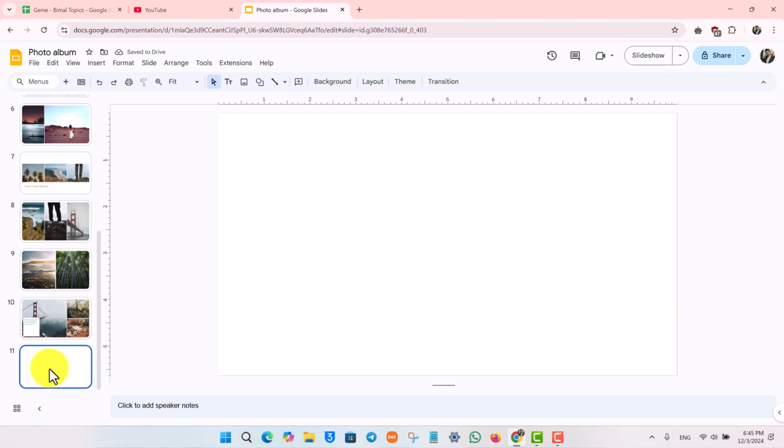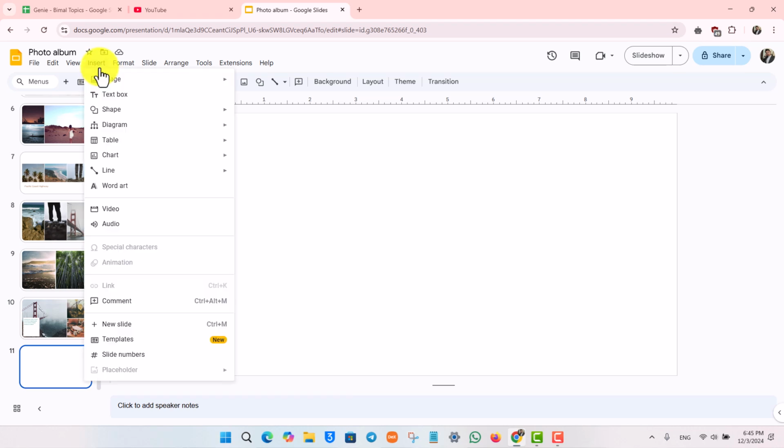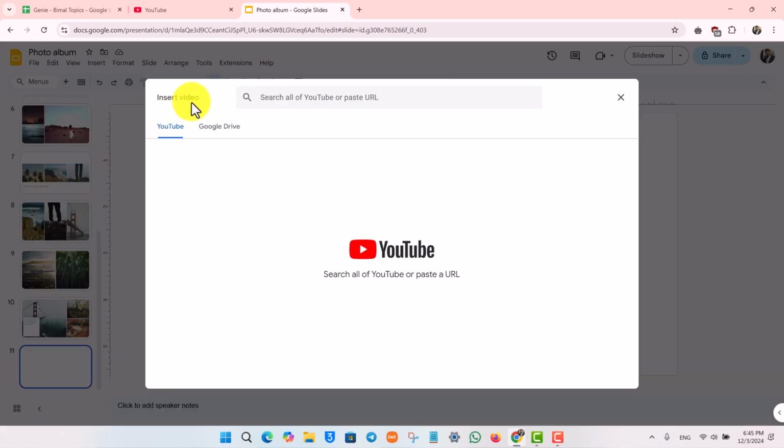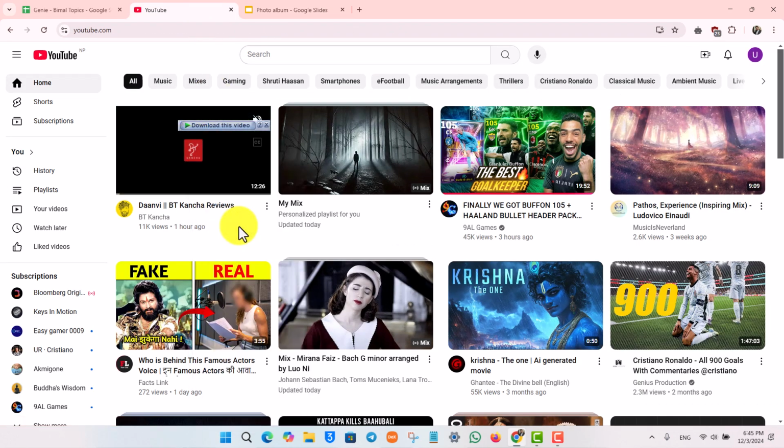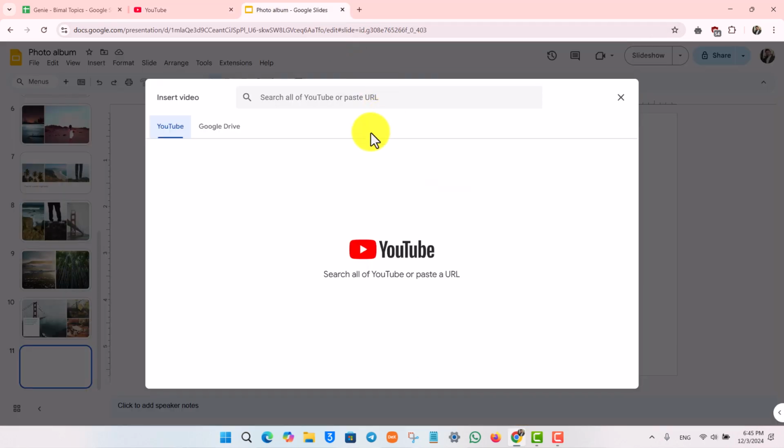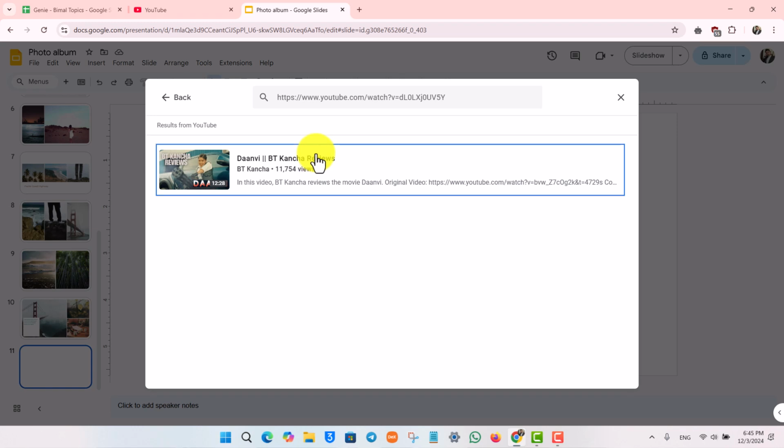First, you go to the sheet where you want to add a video. Once you're there, hit the insert button from the top left, and from there simply search for video. Here you can see it will ask me to insert video, so I can search or paste a URL. So based on what you want to do, you can simply copy the link address or whatever else of a certain video and then just paste them over here, or you can also search manually and then just select that